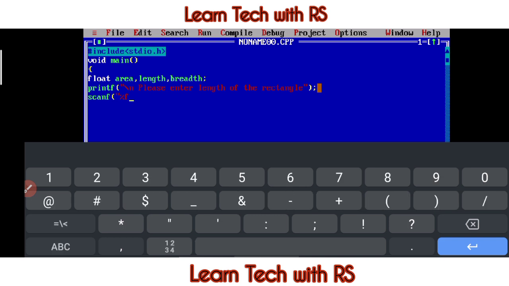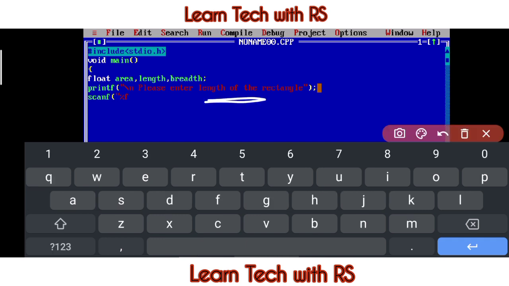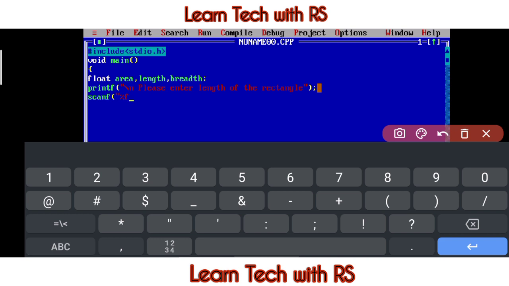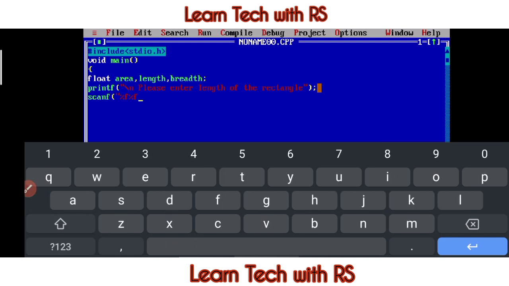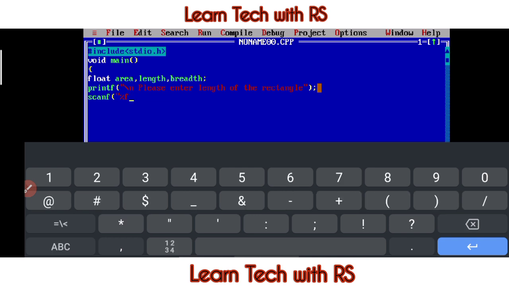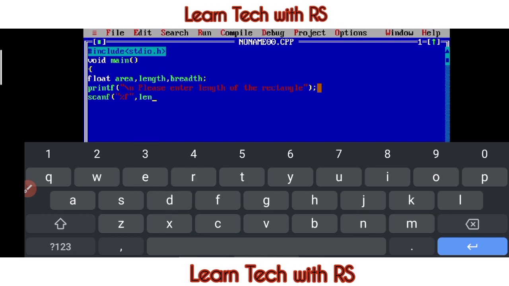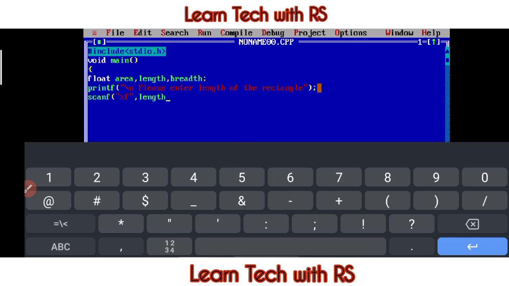If you had written the length and breadth here together, then you would have written percentage f two times. But here we are using only one time because we have written one. That's so simple. And then inverted comma, then comma, then write length, and bracket close and semicolon.